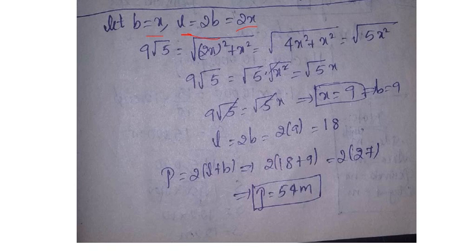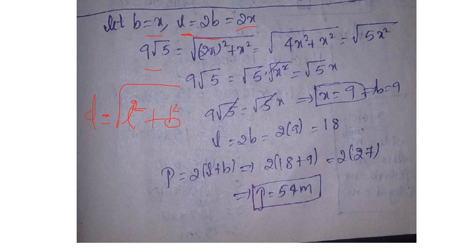Now they gave a formula, I am writing here. What is the formula between the area of the rectangle and the diagonal? D equal to square root of length square, L square, plus breadth square. Okay, substitute these values now. Diagonal value they gave us already: 9 root 5. I substituted this diagonal value as 9 root 5.